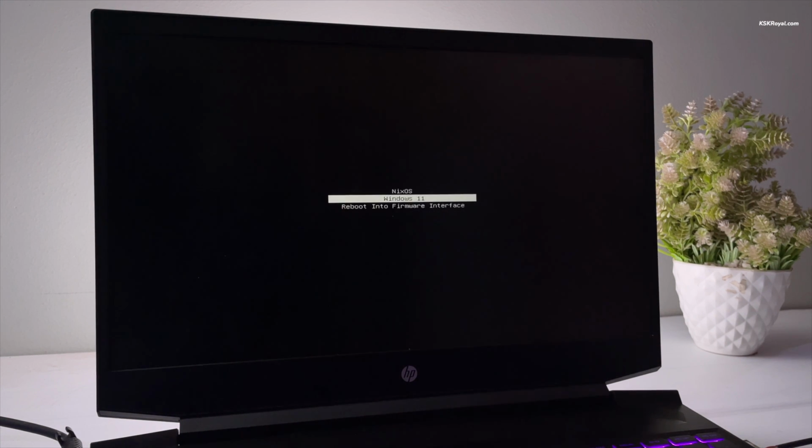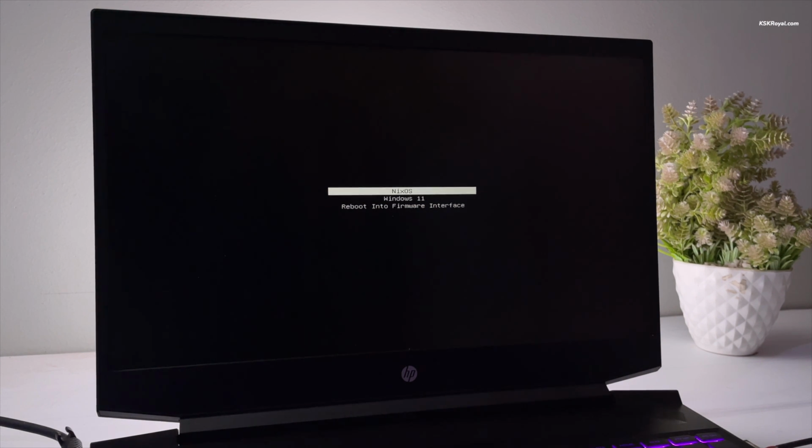Now using the systemd boot menu, you can boot into NixOS or Windows 11. You can interrupt the default timer by pressing the arrow keys. Then press the letter T on your keyboard and increase the boot time by pressing T continuously. You can also use the minus or plus keys. Now this will increase the time limit of the boot menu.